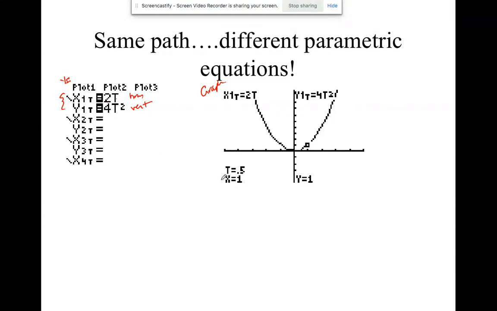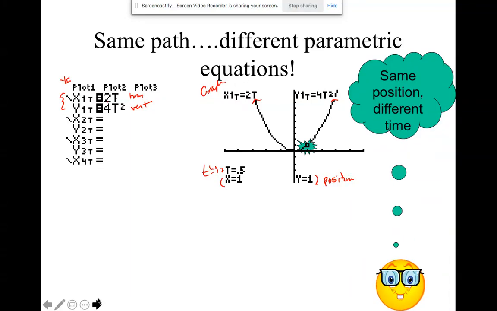Hey, look, same position, but different time. So, same path, same position, different time. Again, if you were told to get rid of the parameters, excuse me,